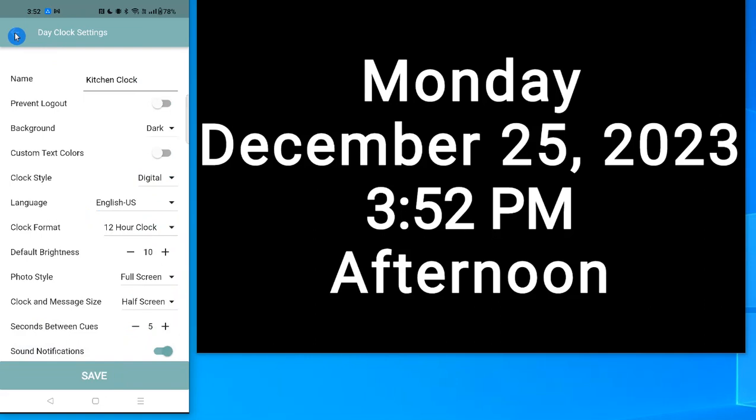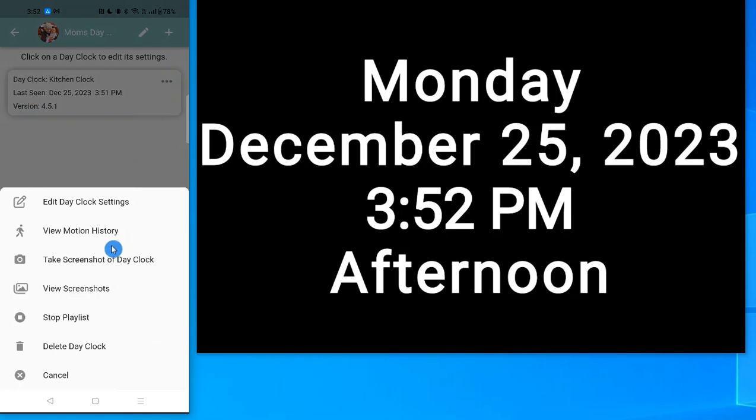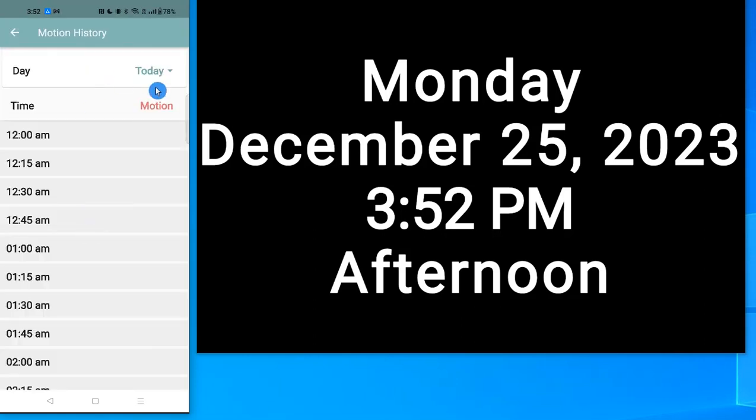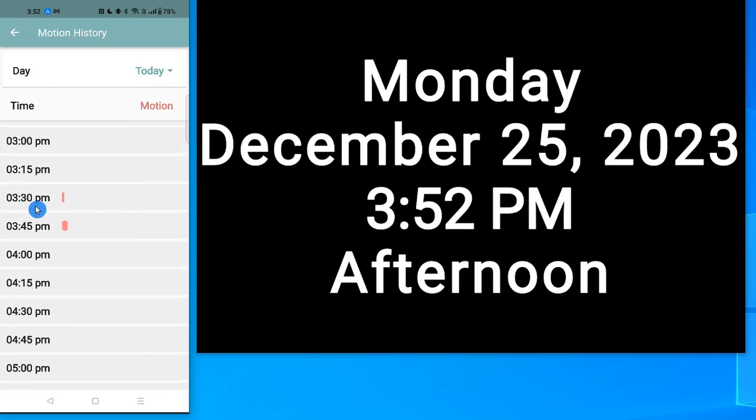To view the motion detection history, go back to the list of day clocks and click on the three-dot menu for the day clock and go into View Motion History. So by default, it'll jump to today and give you 15-minute increments where you can scroll down. So I turned this on at about 3:30. I can scroll down and you see, so at 3:30 we started picking up motion, and then at 3:45 it